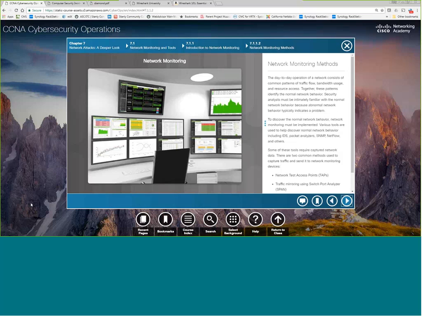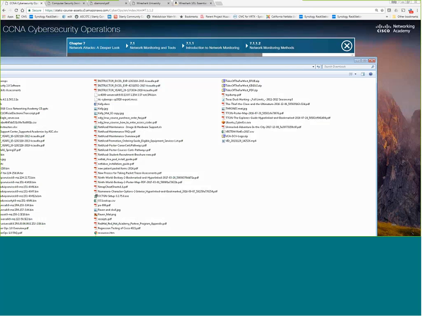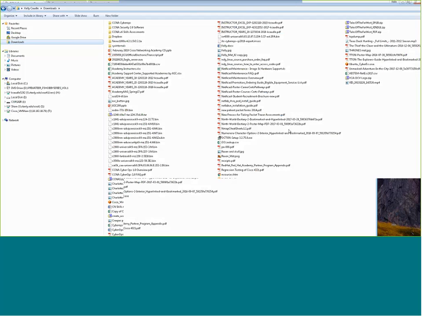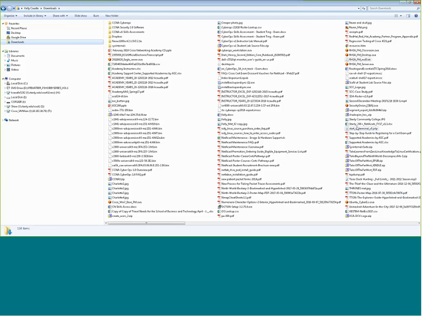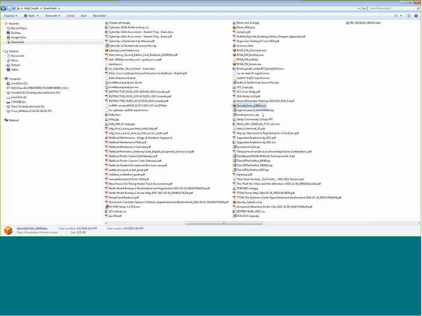So the one I sent to you, let me find it here. Let me throw this over here and show you. It's basically Security Onion SBA OVA, and you just import it into VirtualBox just like you would any of your other machines.